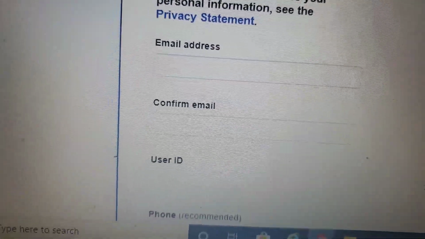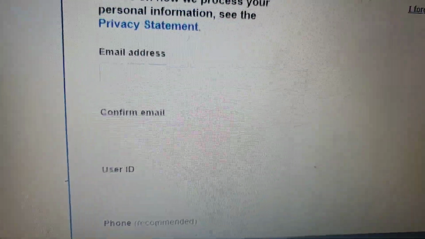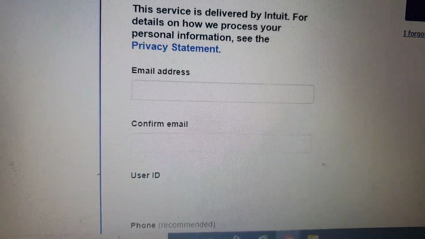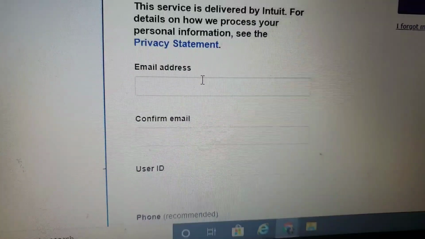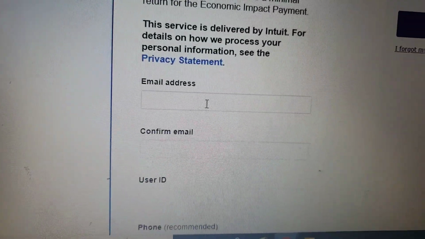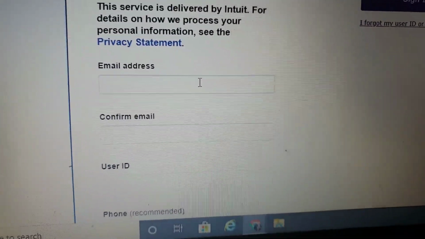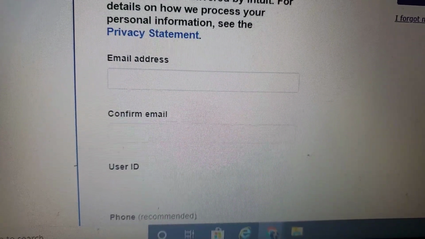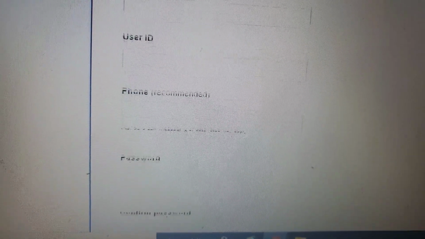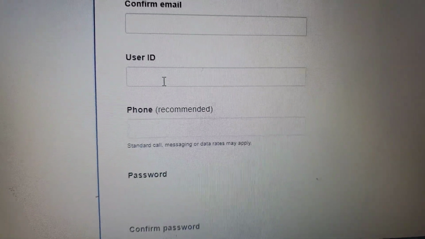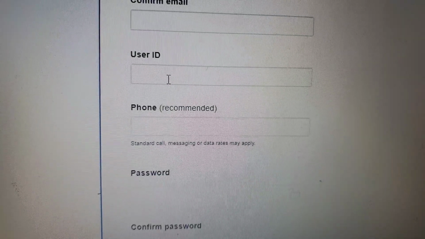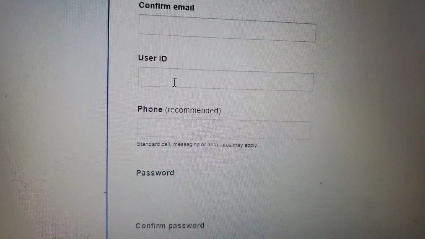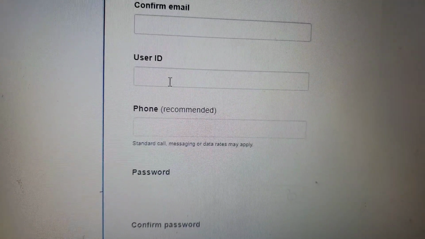So someone just asked me about the user ID. You make that up yourself. Okay. So you're going to put in your address, your email address if you have one. Hopefully you have one. If you don't, set one up real quick with Gmail or Yahoo or whoever you want to use. Put your email address in there and then go to user ID. That's going to be whatever you want it to be. It could be your name and a number or whatever, but make sure it's for you and that you remember it,